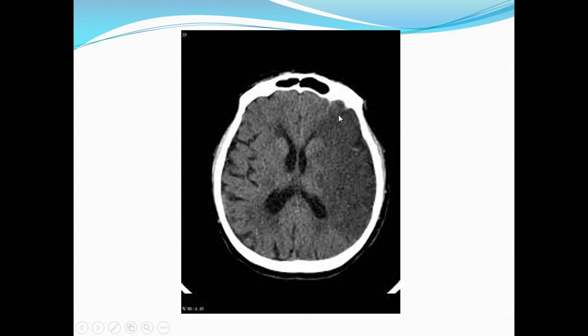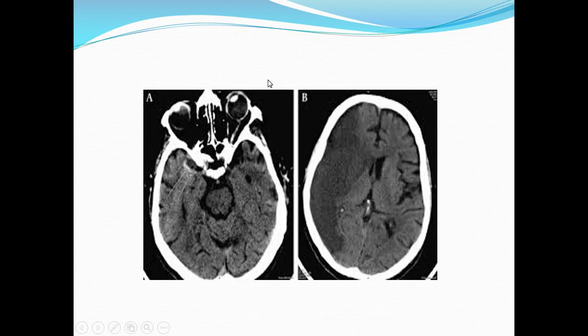Another image of an infarction, of a fresh patient; this is a 1-day old infarct. So you can see a very well demarcated hypodense area. This is the normal brain parenchyma which is isodense. This is the hyperdense bone, and this is the hypodense infarction. It is infarction, ischemia in the region of the left middle cerebral artery in the frontoparietal region. You can see the dense MCA sign here also.